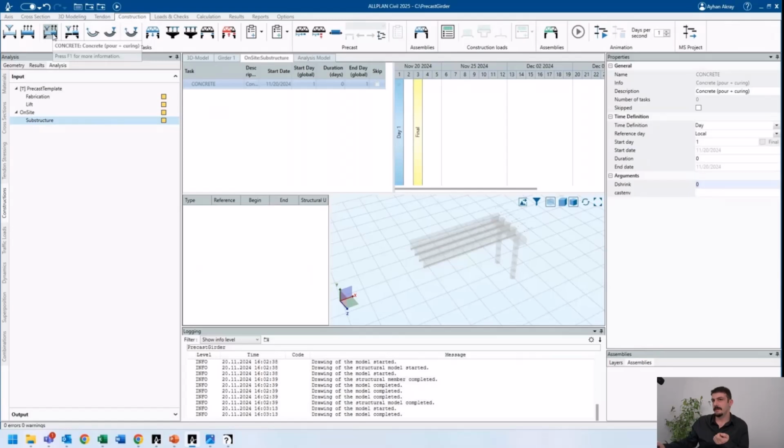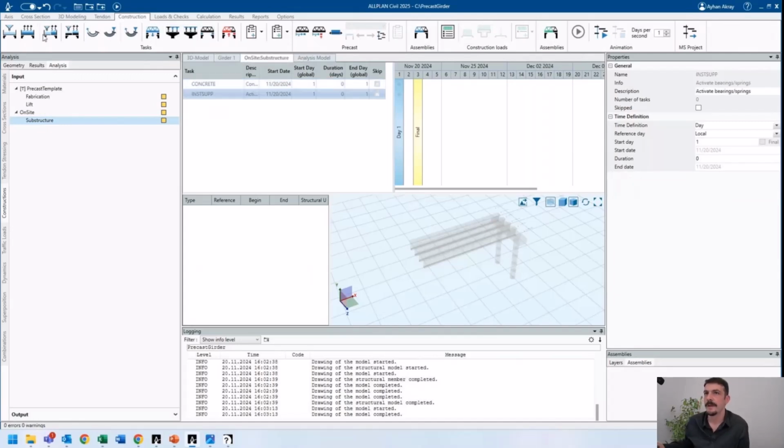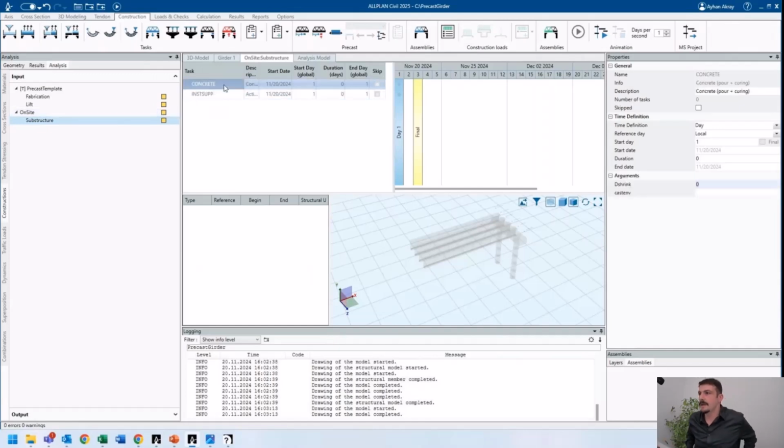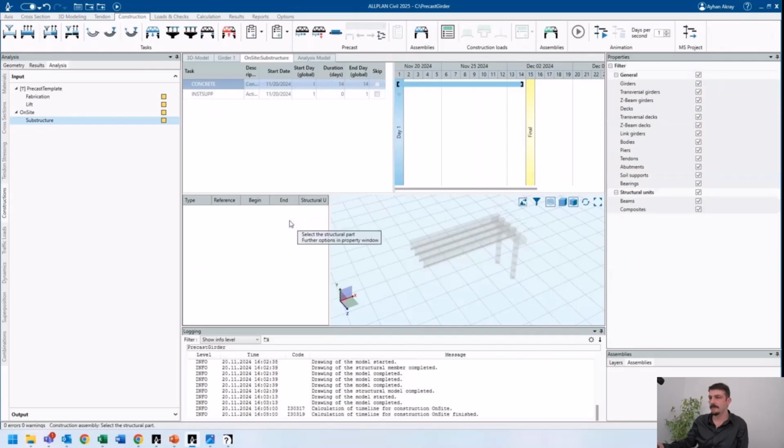This concrete task can simulate the pouring and curing of your concrete. And for the activation of the supports, we would need to use the support function here. For example, if I need to activate my pier, I will just need to state their start date and the duration for the curing and everything, and I should go to my assembly list